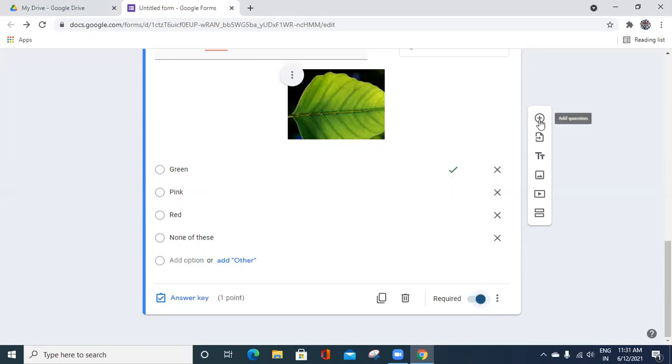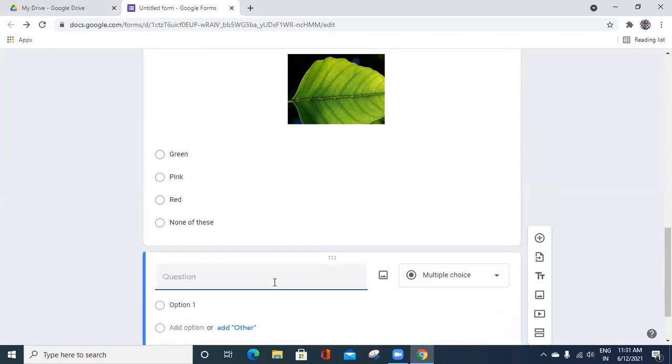Now I will show one more question. Add another question, that means add plus. Now type another question: Identify the picture.